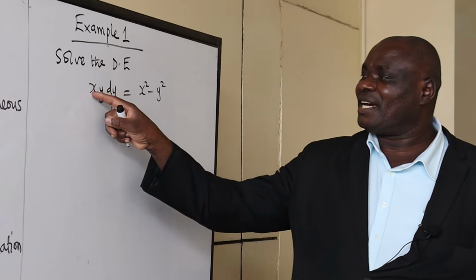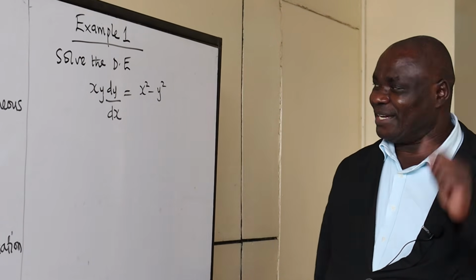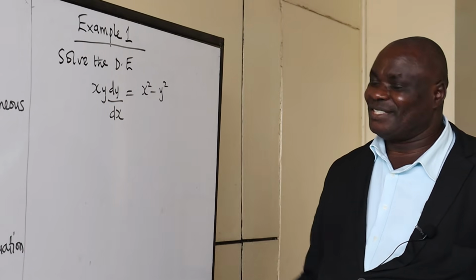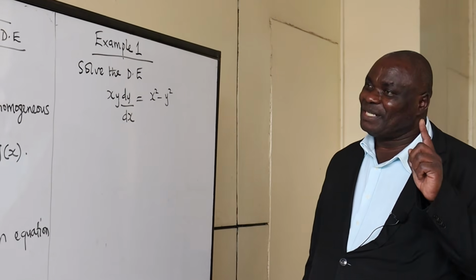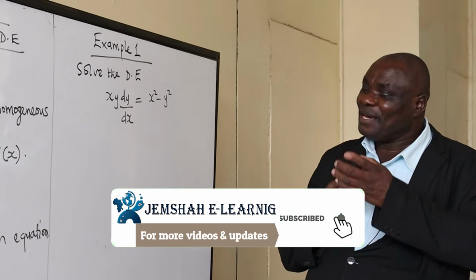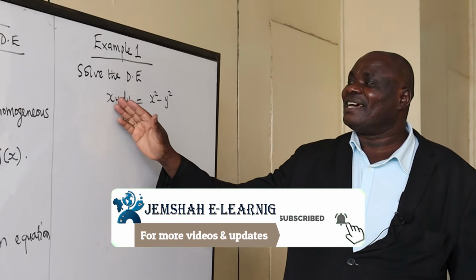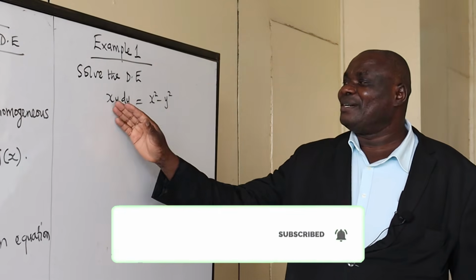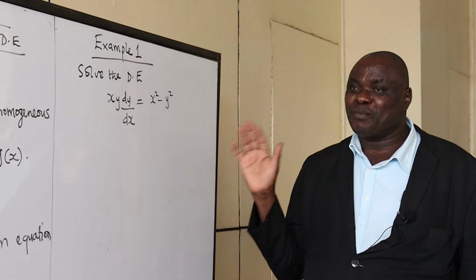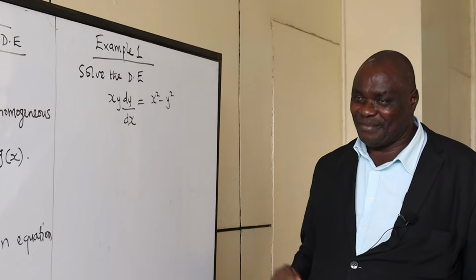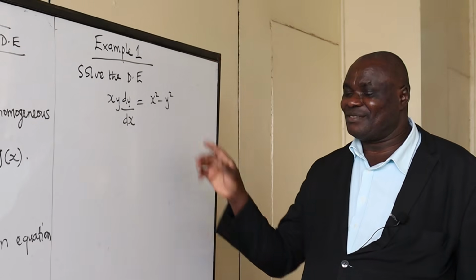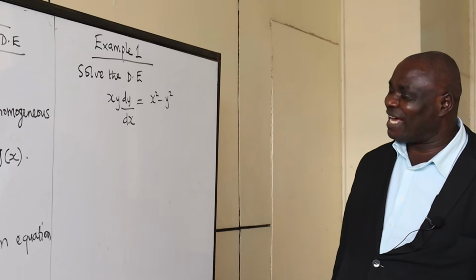Now, if we check, x times y is of degree 2, x squared is of degree 2, y squared is also of degree 2. But even before we can see those terms are of the same degree, when we see these particular terms or functions as they are stated here, we cannot separate the variables. When we do so, it will take a long time, so tedious, to enable us to